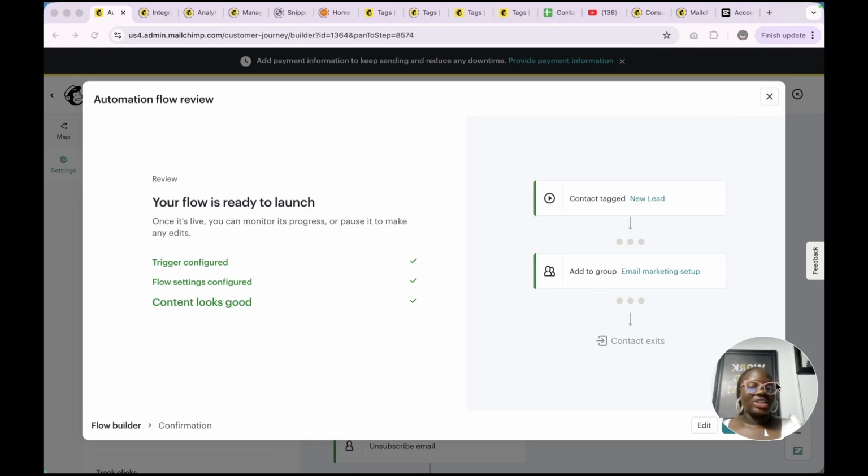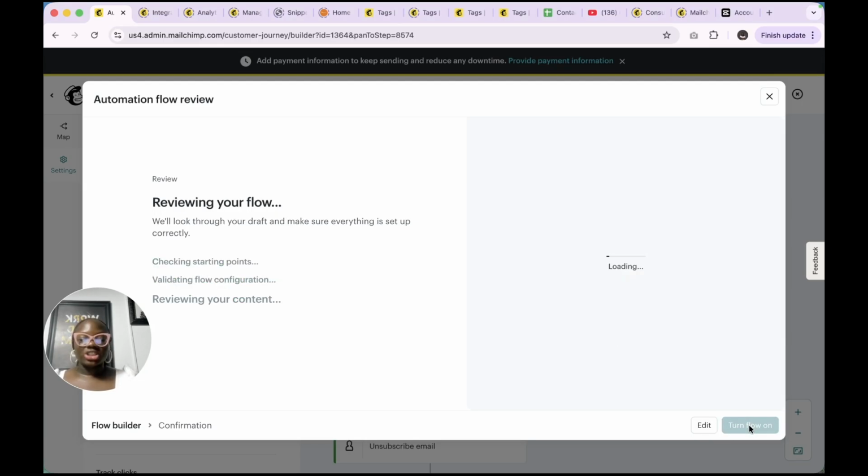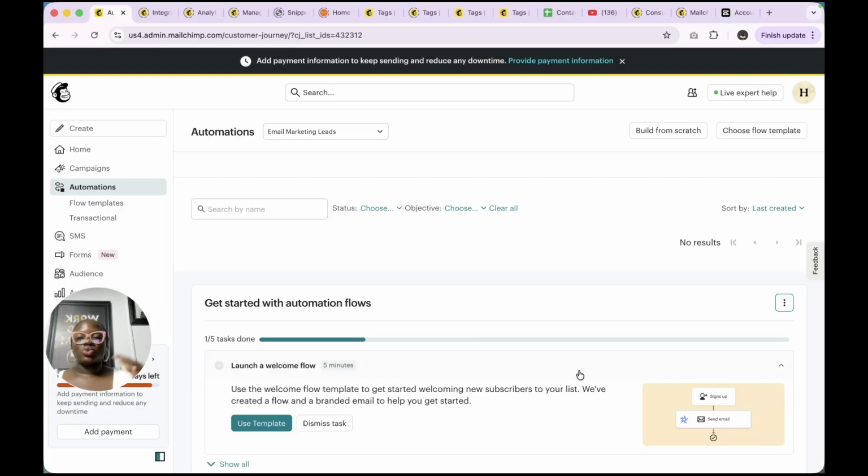And as you can see, you have to make sure that it says that your content looks good. If it does not look good, you want to go back into each of the things that are having issues, and you want to correct them. Because if you do not correct them, Mailchimp will not allow you to turn this workflow on. So you want to make sure that everything is corrected, all of the errors are adjusted, then you can turn the workflow on. So when you click on turn flow on, it is going to publish this particular workflow, and it is going to start going to everyone inside of your